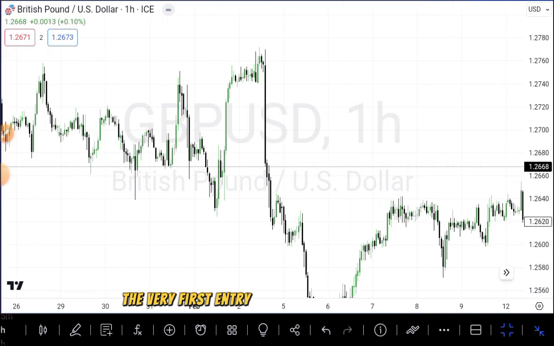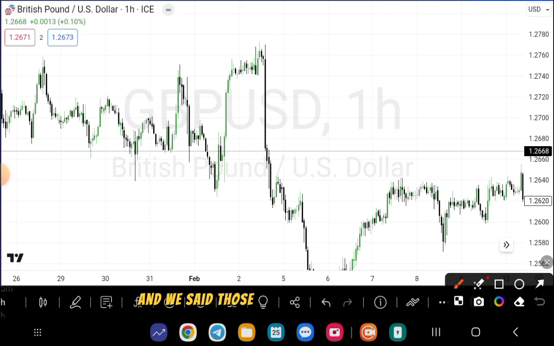The very first entry model we talked about here in this channel is what we call a breaker block entry. We said that entry model has to do with when you see volatility move in the market due to news, your order block that should have sent price higher or lower depending on market direction now fails to do its function. Price returns to the order block and it becomes a breaker block, and they are very easy to spot in the market. In fact, it's one of the easiest setups or entry models you may want to think about.